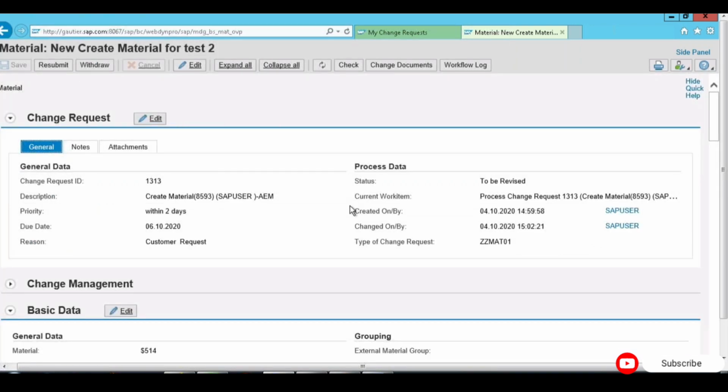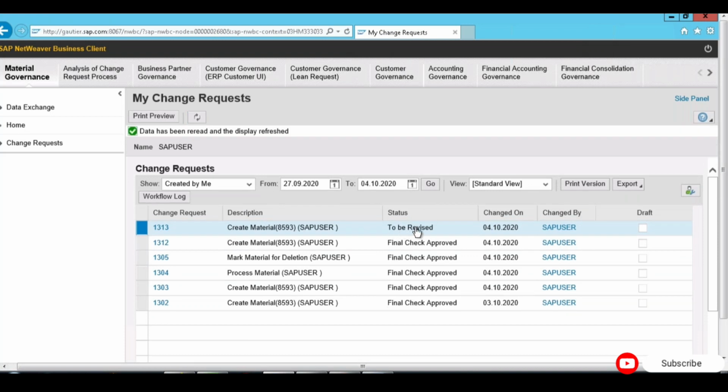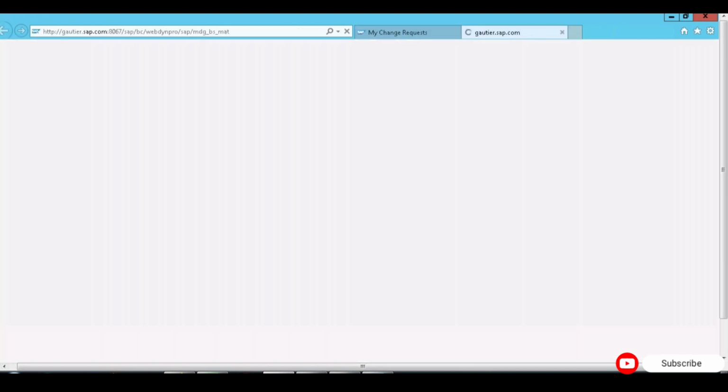Now it comes to the requester level in order to resubmit and withdraw. Now in this example we are going to see how we can withdraw one request. So to be revised, and now click here,